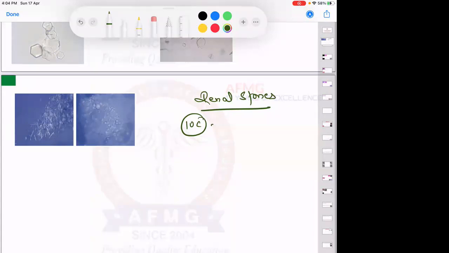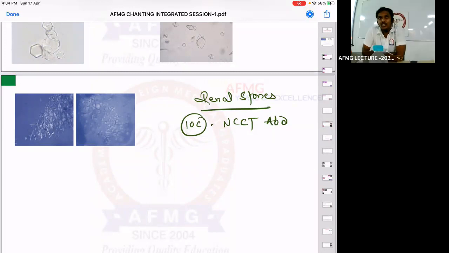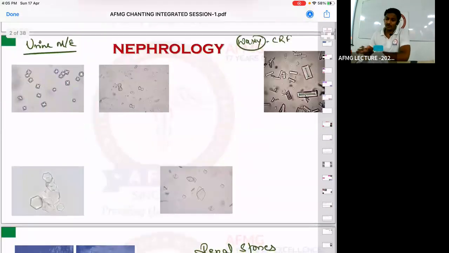Investigation of choice for renal stones is NCCT abdomen. First line investigation would be X-ray KUB, but investigation of choice is NCCT abdomen. No issues with this. Now we will also send a urine microscopic examination, and on urine microscopic examination,